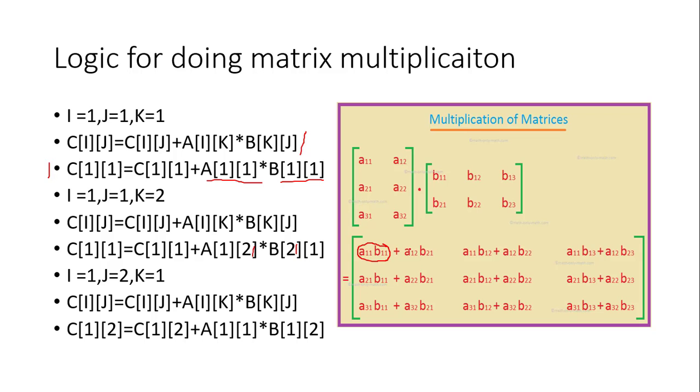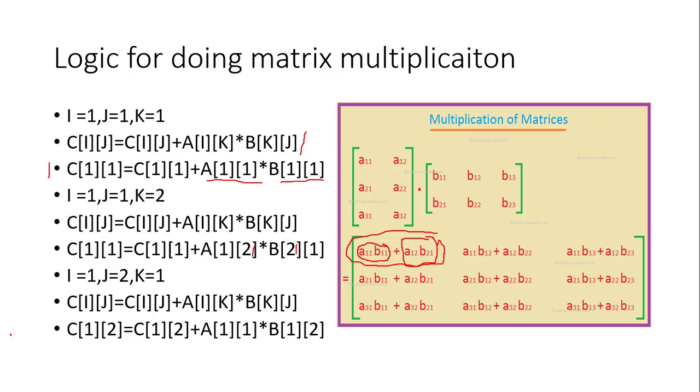Now this part is doing A of 1, 2 and B of 2, 1, and that one is added up. Already C of 1, 1 is having the result of A of 1, 1 and B of 1, 1. So now both A of 1, 1, B of 1, 1 and A of 1, 2, B of 2, 1 are added up. In such a way, as an example, consider the total number of columns in A is 2. Now the value is over.